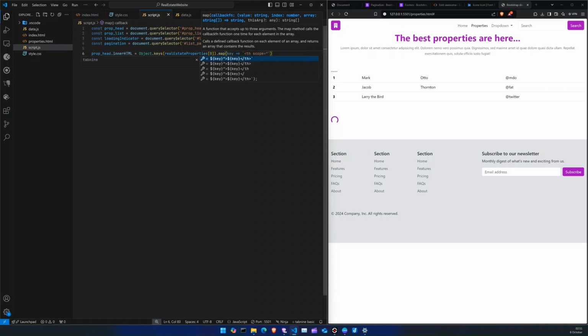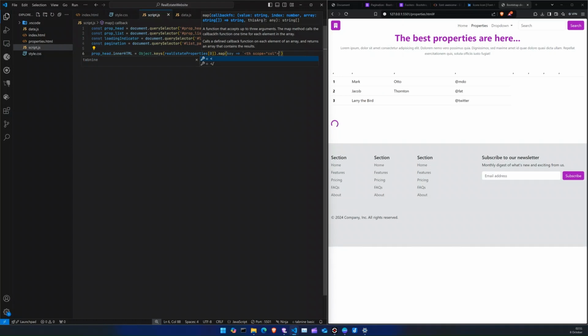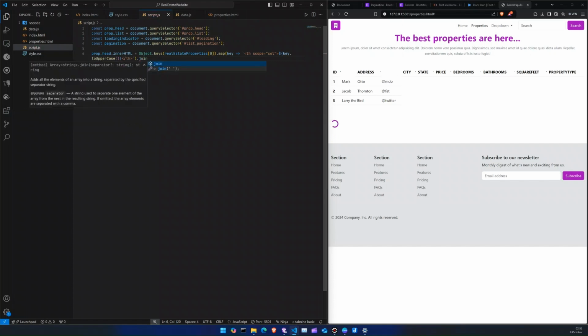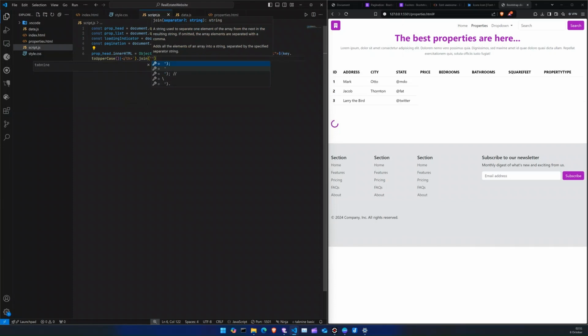Scope will be the column, and here ${key} dot toUpperCase like this, and in order to remove this comma, dot join like this. So we have our headings ready, and now what I'll do is